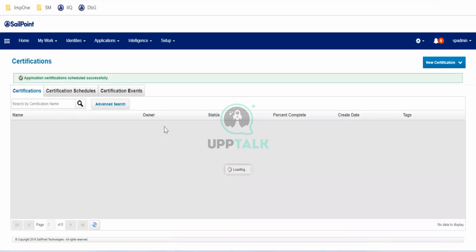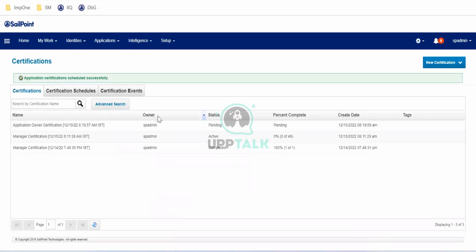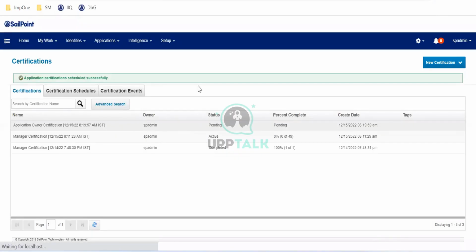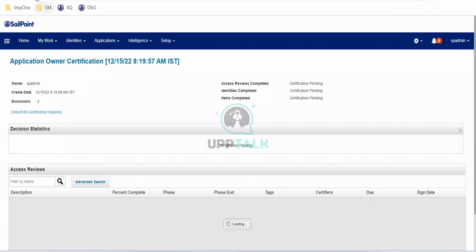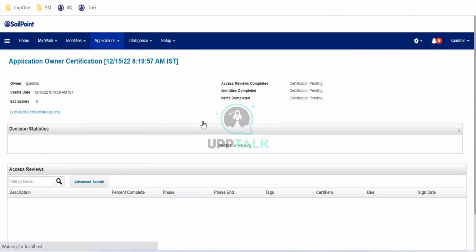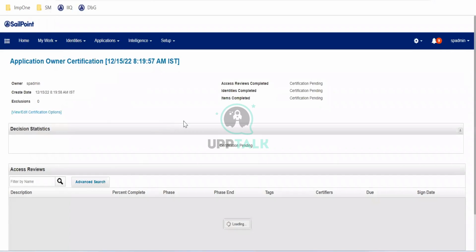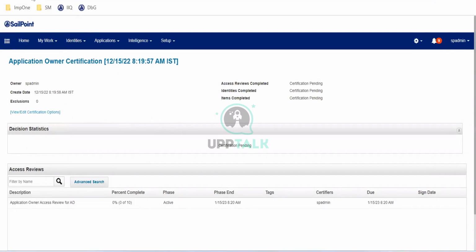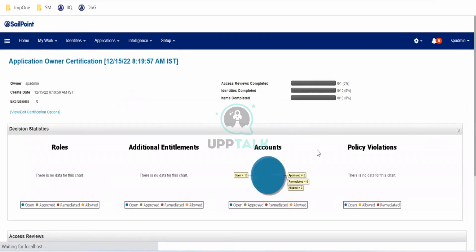In that scenario, one access review will be generated. Quickly, I'll open this application, Owner Certification. Only one access review will be generated because we selected only one application and one owner will be there.